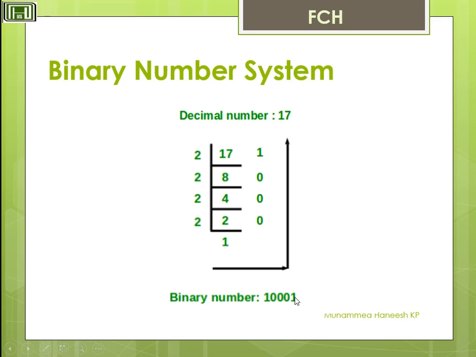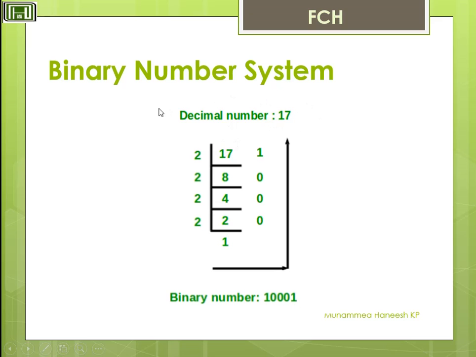You check it. Here we have 5 digits. So from here you start 1 into 2 raised to 0, 0 into 2 raised to 1, 0 into 2 raised to 2, 0 into 2 raised to 3, like that. You will get the result. Then also we have 2 raised to 4. Here we have 5 numbers, so the last is 2 raised to 4. Only these 3 zeros are eliminated. Then here we have 1 into 2 raised to 0, that is 1. Then here we have 1 into 2 raised to 4, that is 16. 16 plus 1, that is 17, which is the decimal number.